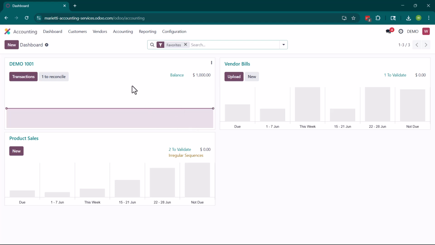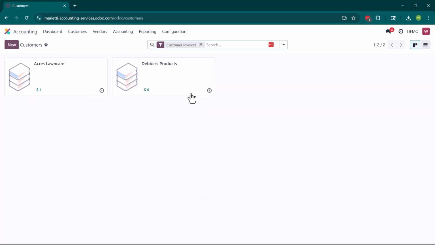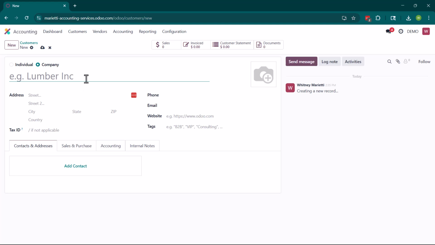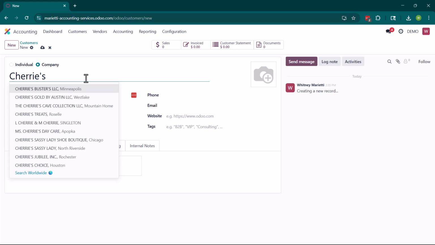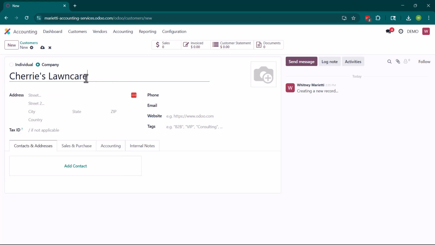So to add a customer, we're going to go to customers. This is now going to show us all of the different potential customers. To create a new one, we're going to click new, and then we are going to start typing. So let's say that we have Sherry's, and what this is going to do is pop up some different companies across the US. Since this is a US based company, let's say this is going to be our new client. And then we're going to go ahead and put